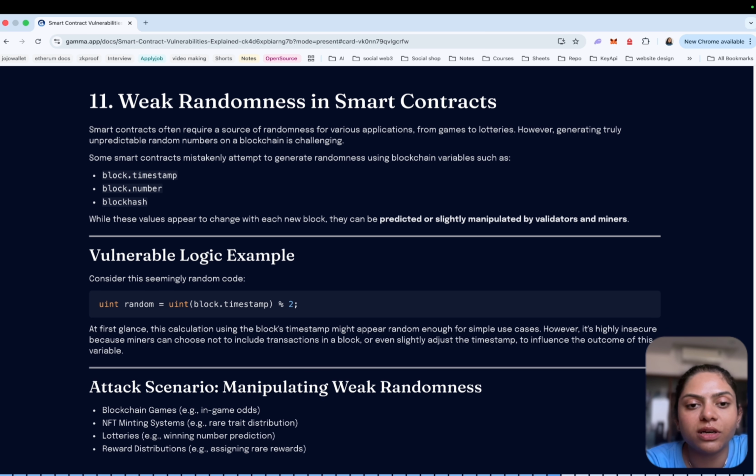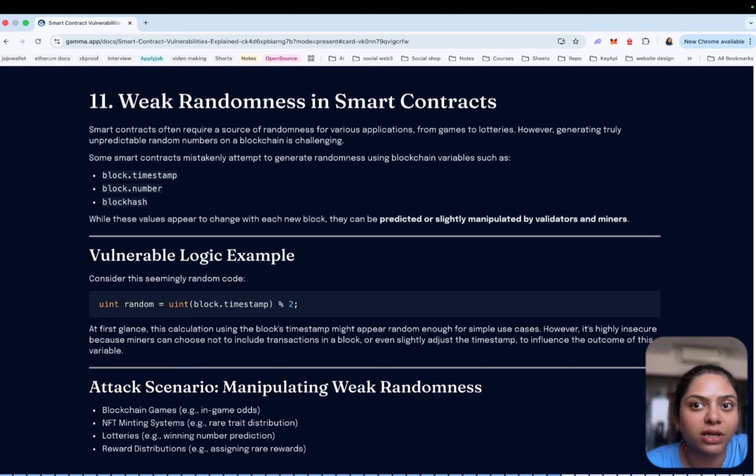Randomness is surprisingly difficult to implement securely on a blockchain. The reason is that blockchains are deterministic systems. Every node in a network must produce exactly the same result when executing a smart contract. Because of this, generating unpredictable randomness directly on chain is extremely challenging.